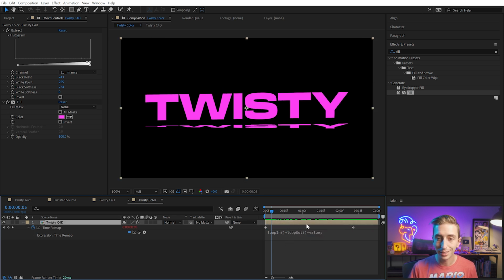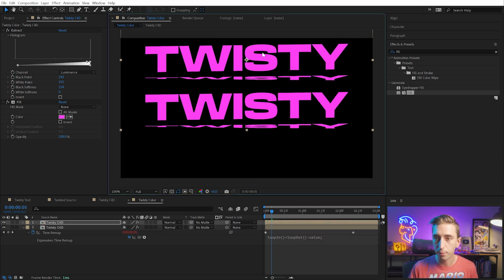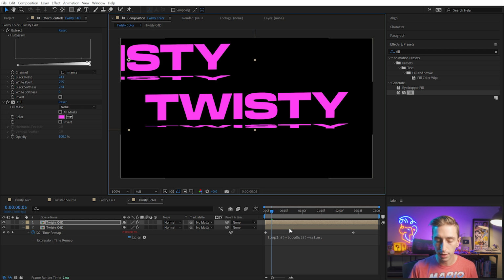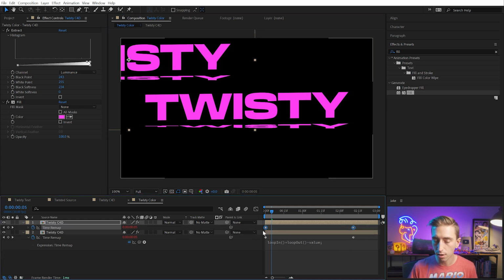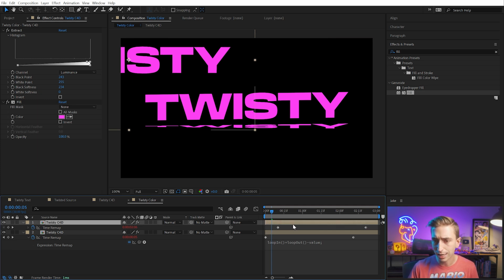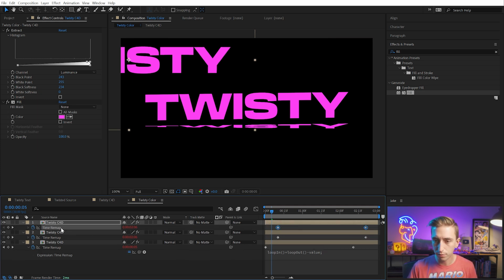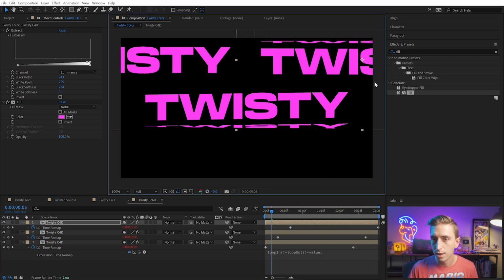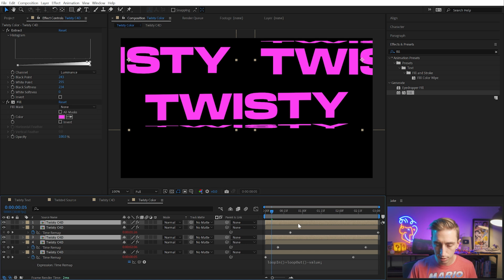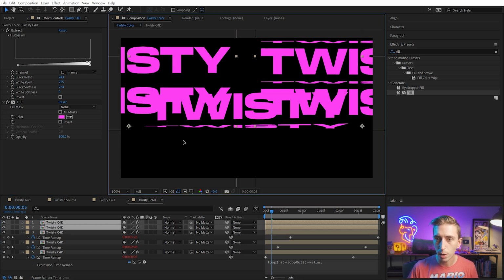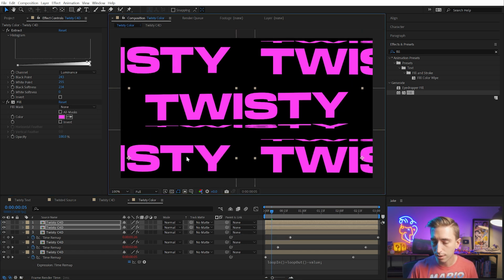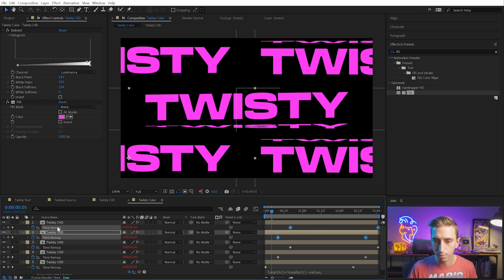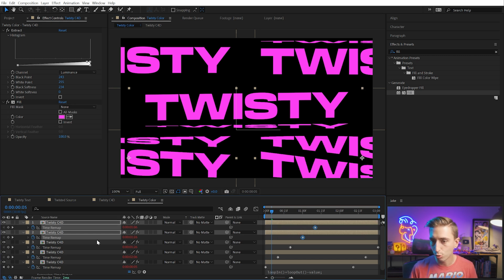So now I could say duplicate this, move it up, and maybe move it over, and then press U to bring up the keyframes and offset it forward in time, maybe 10 frames. I'll hold Alt, Shift, and press the right arrow key, and then I'll duplicate it again, press U, shift that forward in time again, another 10 frames, and this time move it over here. And then I could duplicate both of these layers, bring them to the top, drag them down visually to the bottom of the comp, press U to bring up those keyframes, shift them forward in time 20 more frames,